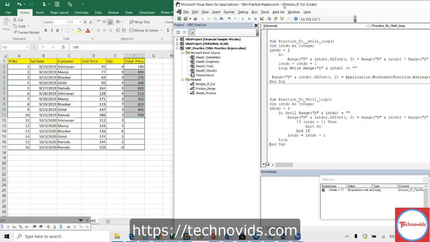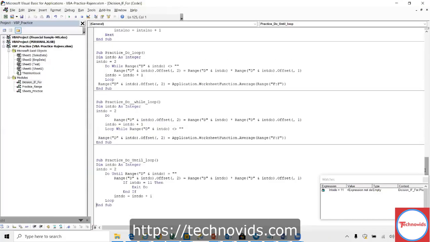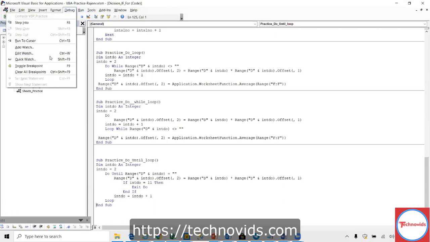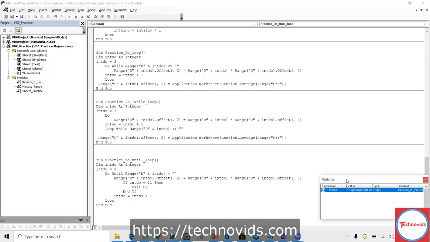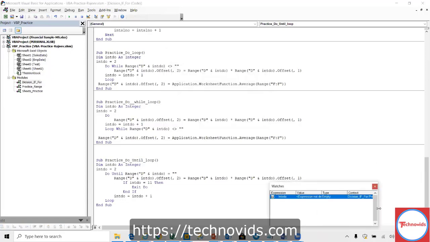Let me actually, I wanted to demonstrate something else, but I think this is not for a task. Let me bring that back again. One second. I did watch and into do 11. That's all I need. Okay, so watch the expression I will do. So there is debug. This is one of the debug tools. Beautiful tool. Let us see what happens here. You can watch here. That's why it's watch.